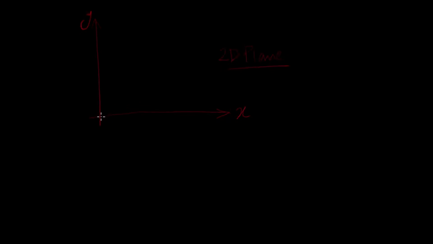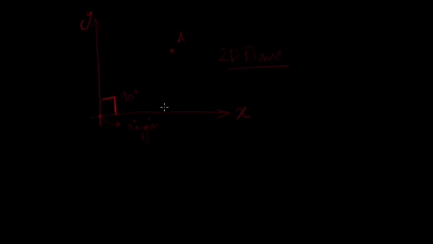The properties of these two lines are such that they cross each other at a point which we call the origin, and they are perpendicular to one another. That means they are at 90 degrees from one another. And with this description of what we call a Cartesian plane, we can define a point,